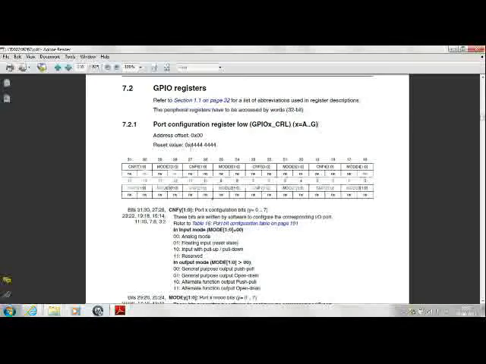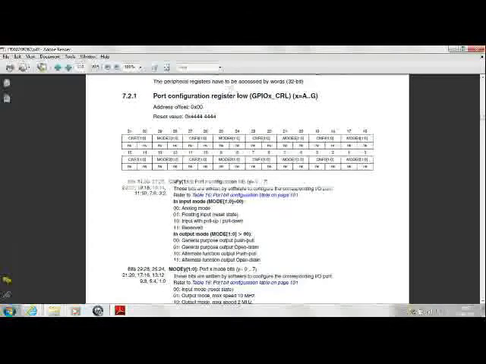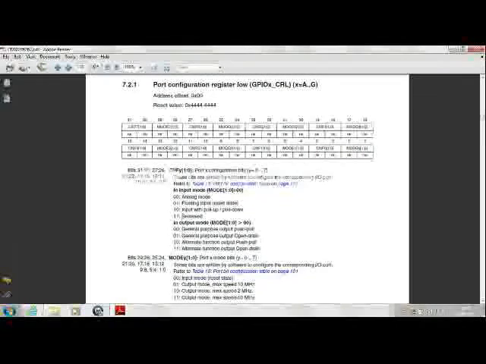The first register that we would consider is the port configuration register. It has two parts, low and high, because 4 bits of this register correspond to one physical pin on the microcontroller package. To configure these pins, for an input mode, your mode bits should be equal to 0.